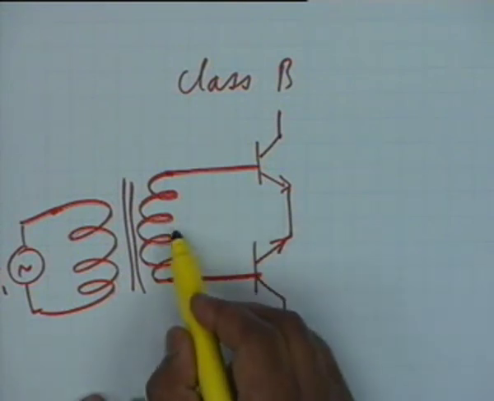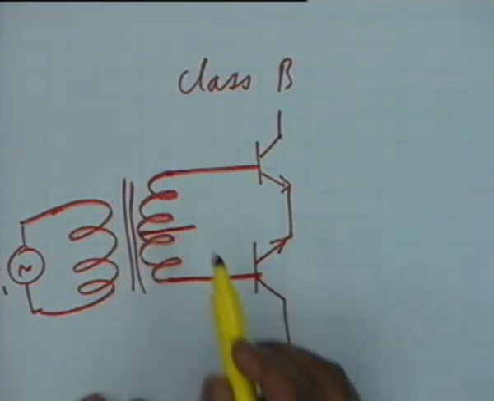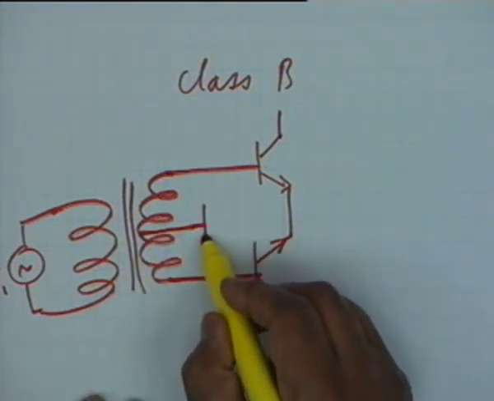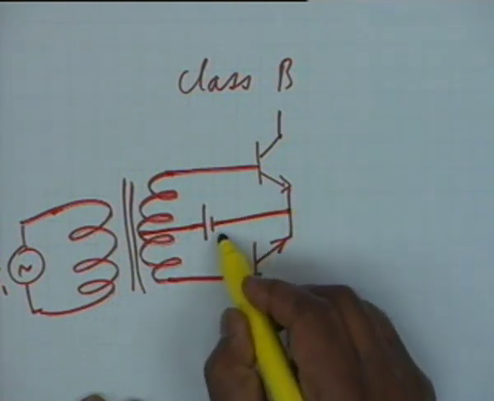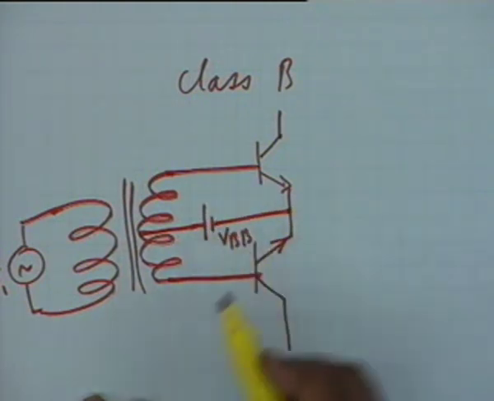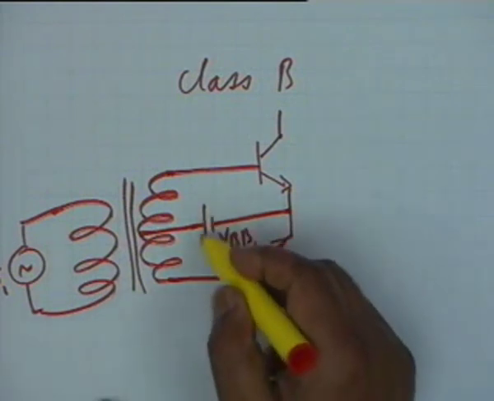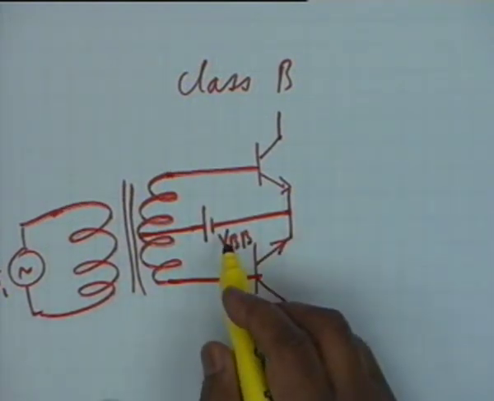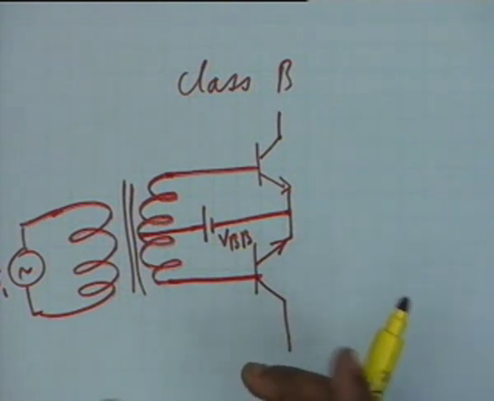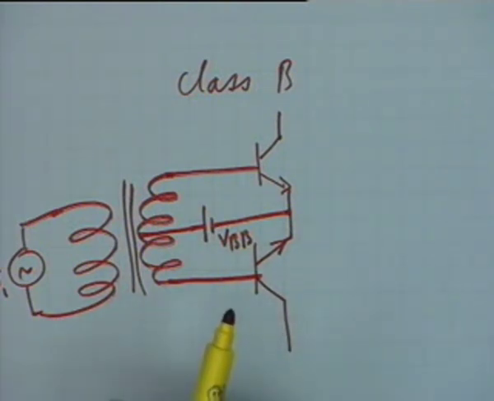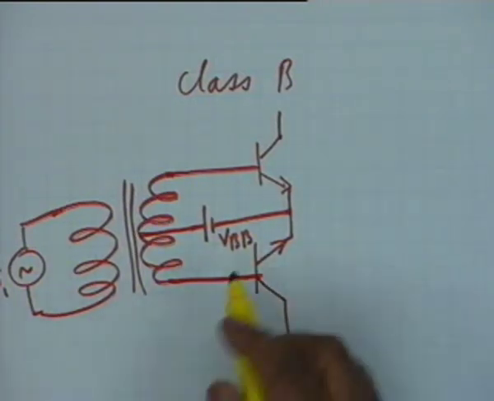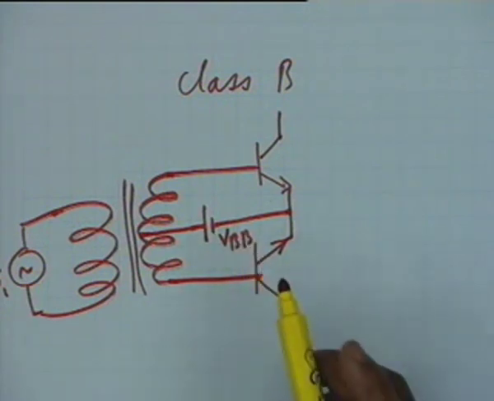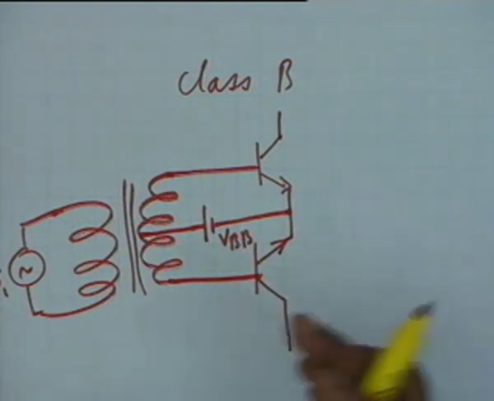And the base bias is provided by a VBB like this. This VBB I have shown schematically, but it is obviously derived from VCC through a potential divider. I have simplified this circuit by showing another additional battery, but actually VBB is derived from VCC, only one power